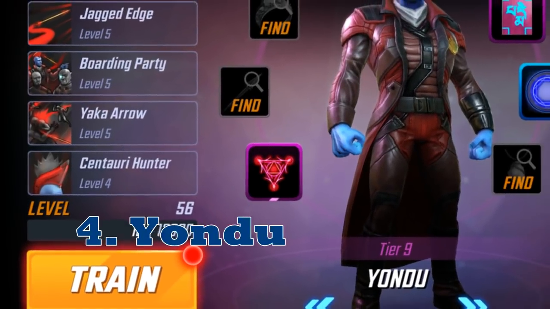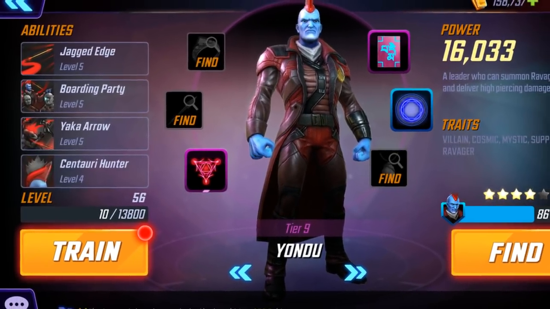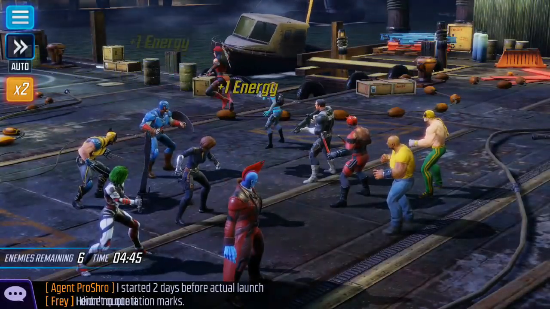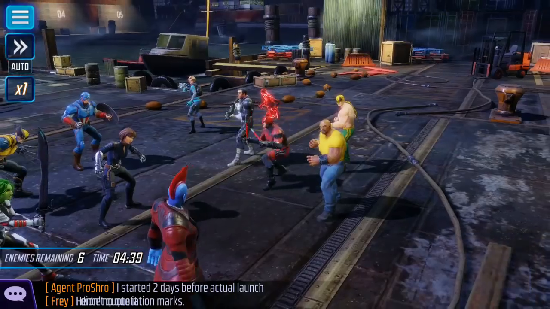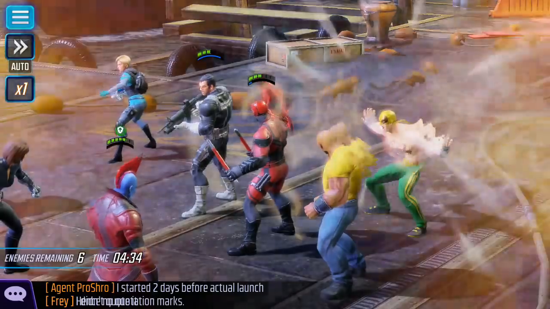Number 4, Yondu. With Yondu, you're getting a pretty nice damage dealer here who can also really mess with the opposing team. His basic attack can deal some piercing damage, which again ignores armor like we said before. His unique allows him to steal and copy buffs from the opposing team, so if someone on the opposing team has offense up, he can steal that, apply it to himself, and then give him a nice boost to his damage,